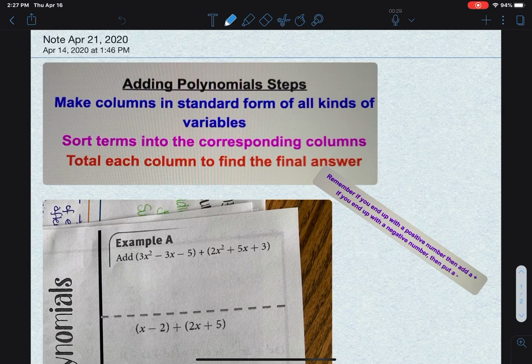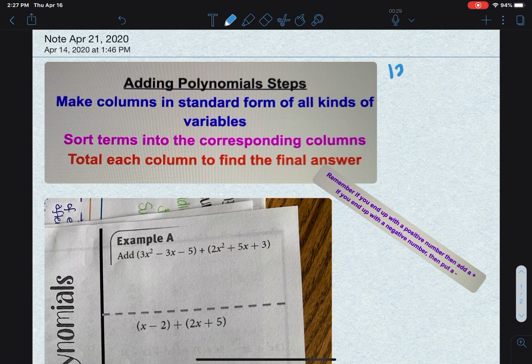Hi guys, today we're going to start a little bit with adding polynomials. And adding polynomials is kind of like an algebra version of what you added when you were in elementary school. So if I just want to give you an example here, if I had something like this,